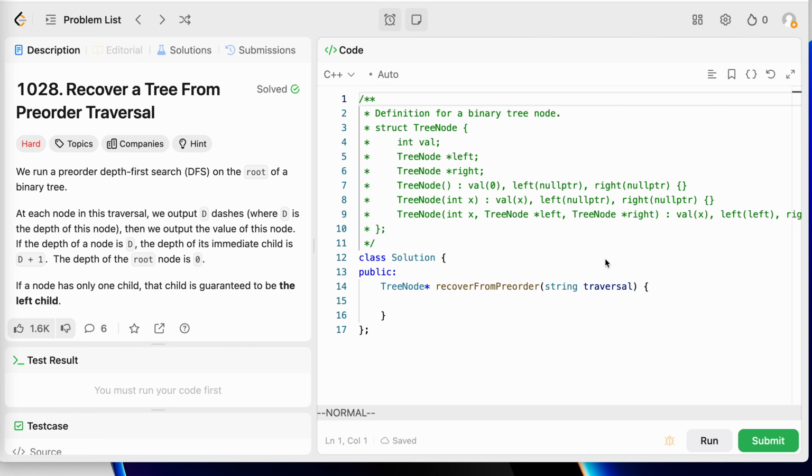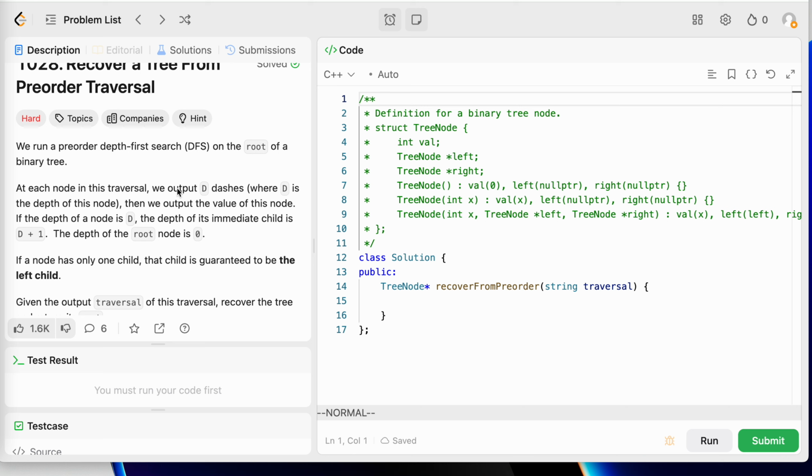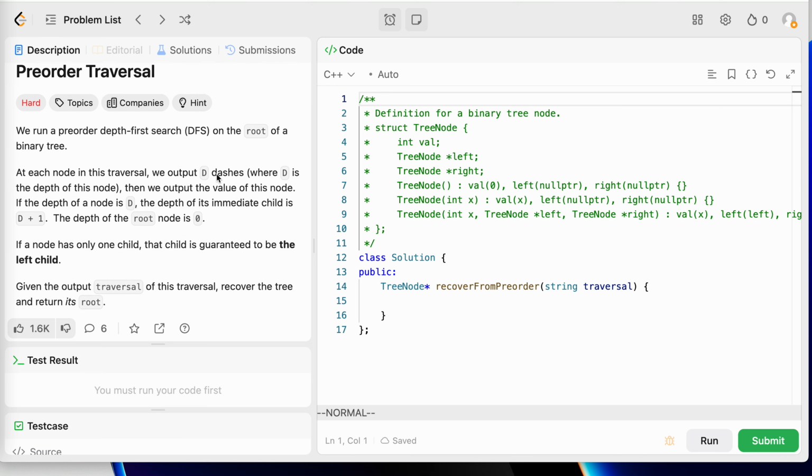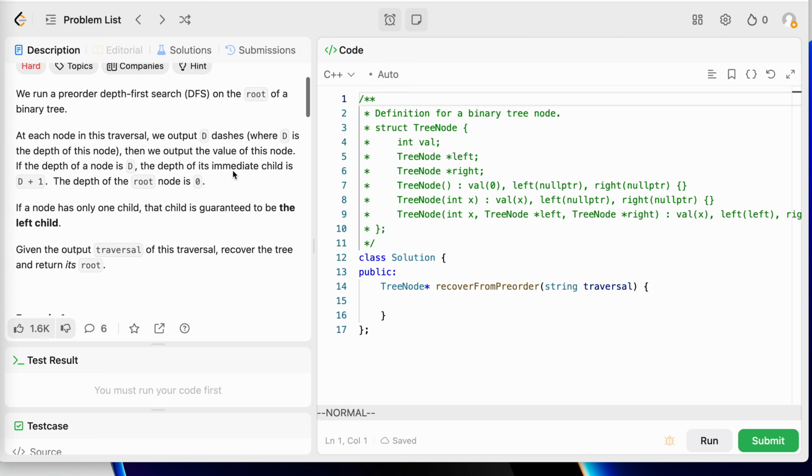Going to work on the LeetCode problem 1028, recover a tree from preorder traversal. So the question says we have a DFS preorder traversal on the tree. The root node is given as root, and this tree is a binary tree. At each node of this traversal, we output some node value with some dashes, where if d is the depth of this node, then the dash will have